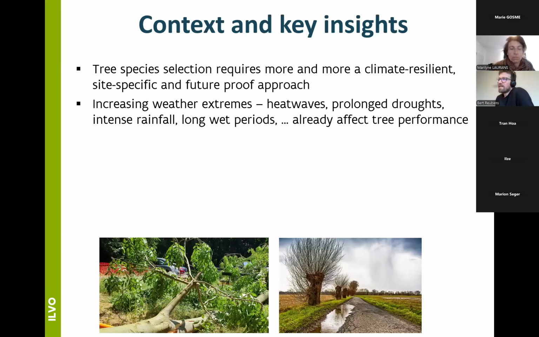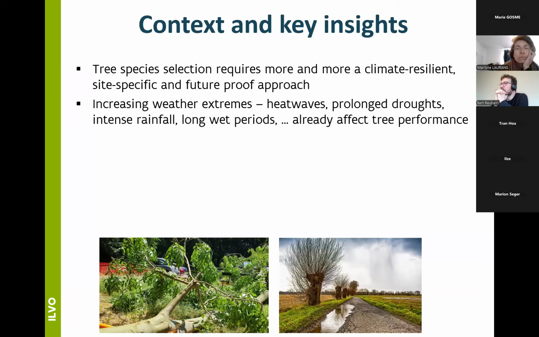So the context is quite clear. Tree species selection requires more and more a future-proof approach. We don't only select species because they fit right now in our system, but we also need to think ahead of how things will change and evolve to have a climate resilient, site-specific tree species selection.